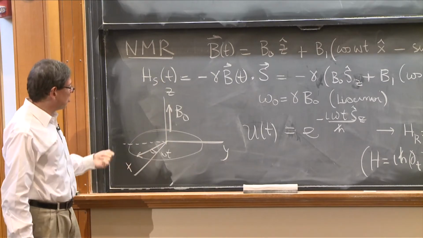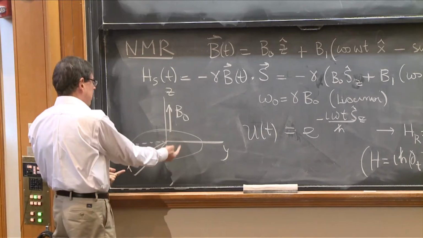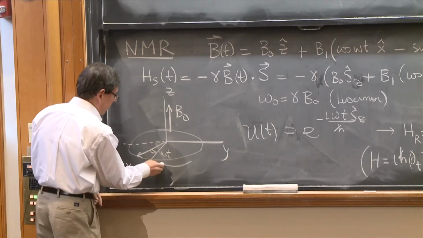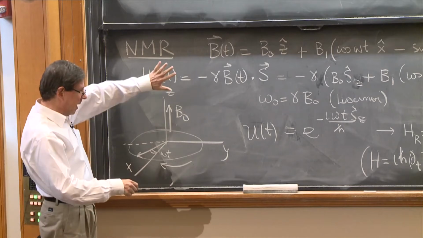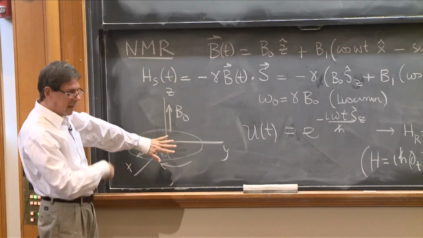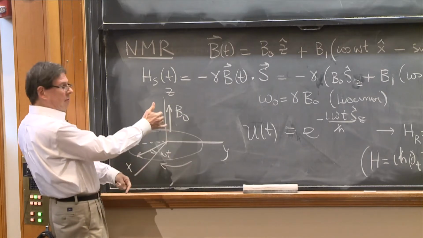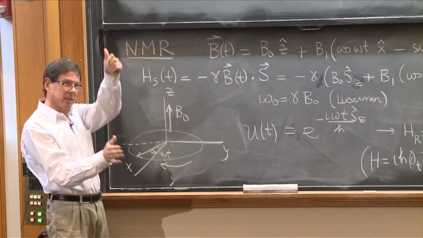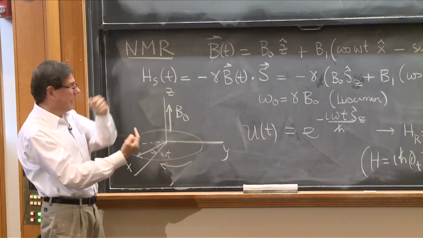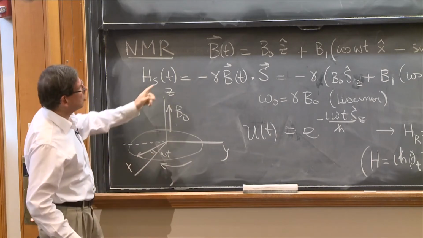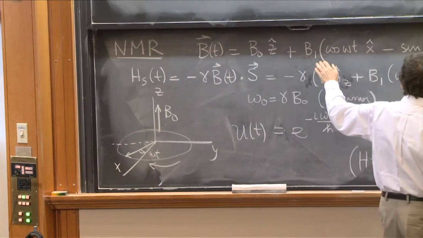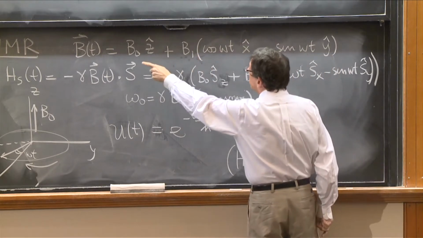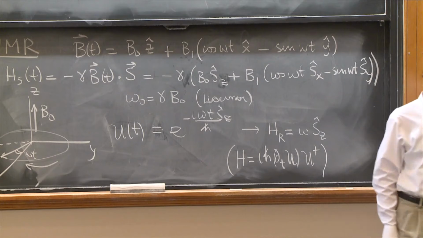In addition to that longitudinal magnetic field, there's a rotating magnetic field in the xy plane. And it's rotating in the direction that you see here, as seen on the xy plane, clockwise. In terms of a rotation around the z direction, it's negative, in the sense that a positive rotation around the z axis would go like this, and this magnetic field is rotating in the other direction. So I wrote it here. The magnitude of this radio frequency component is B1, and typically is much smaller than B naught in the problems